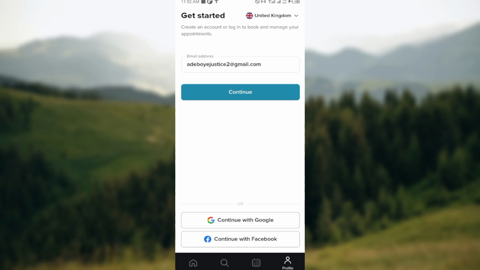So just ensure you follow the instructions that have been sent to your email address. So if you know that you do not have access to your email address, ensure you do not click